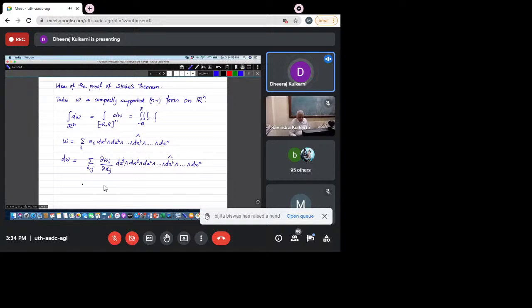So this will be equal to, let me write down the final form, i ranging from 1 to n, minus 1 to the power i minus 1. So those many transpositions you require to put this dxj into the ith position. So this sign is not mysterious. It is something that comes out of the transpositions, and then you take the usual